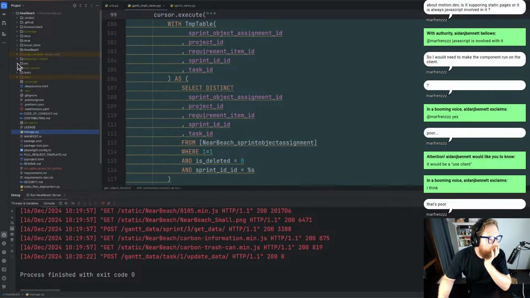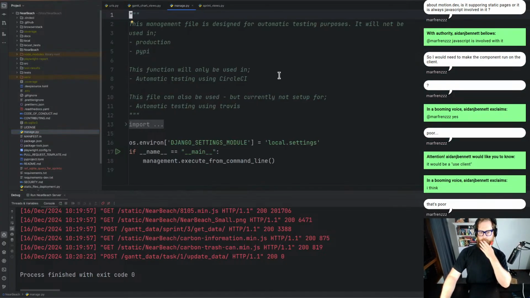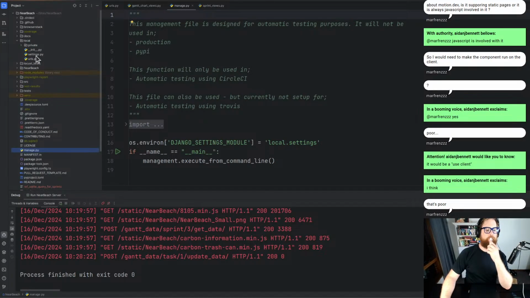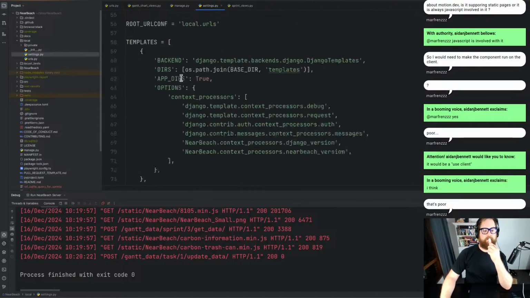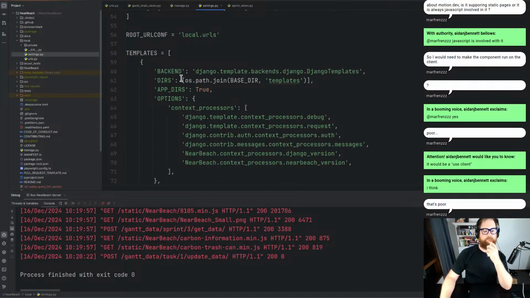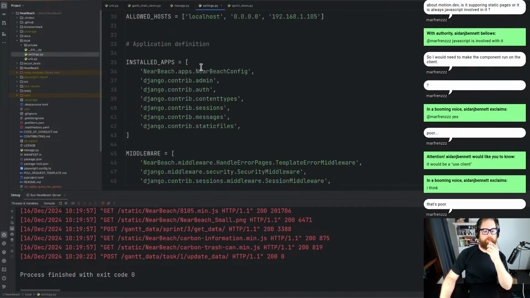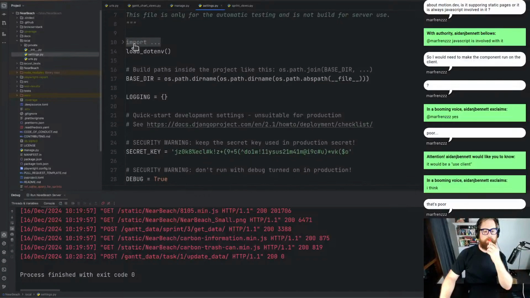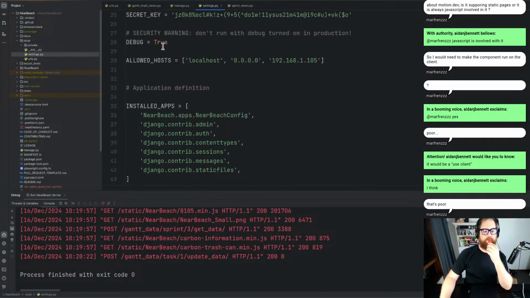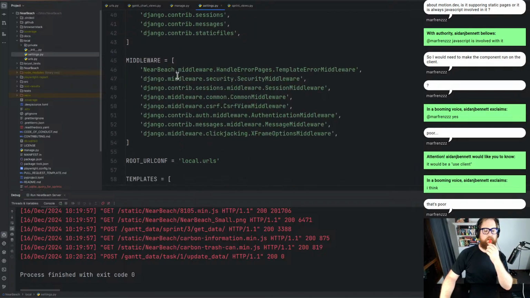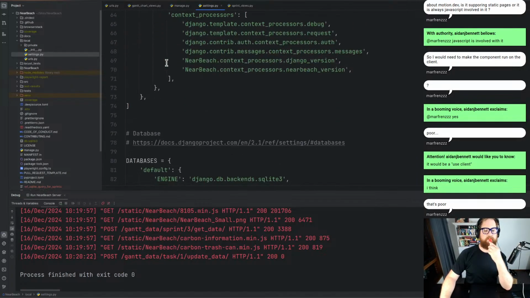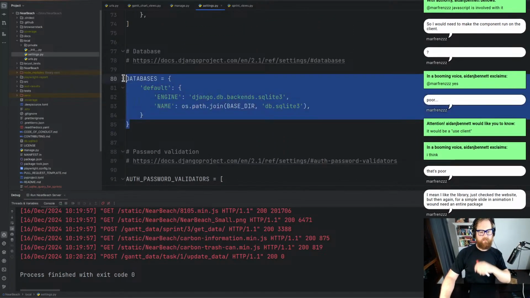Because there won't be any of that. Oh yeah, local dot settings. Alright, with the database stuff, we are just going in here, localhost, all that. Alright, installed apps, yep, that's fine. Middleware, that's all fine. Templates, that's all fine. Databases, so